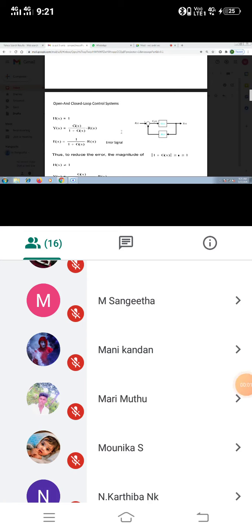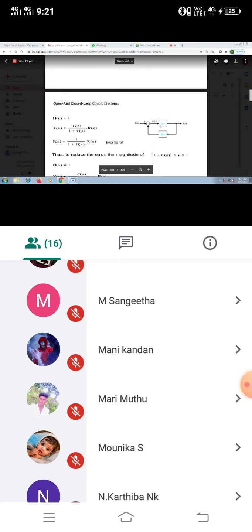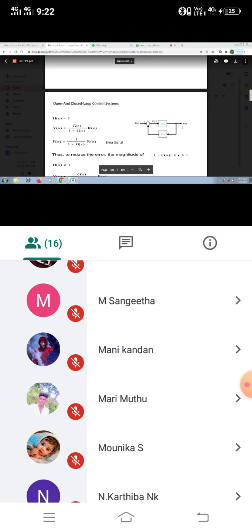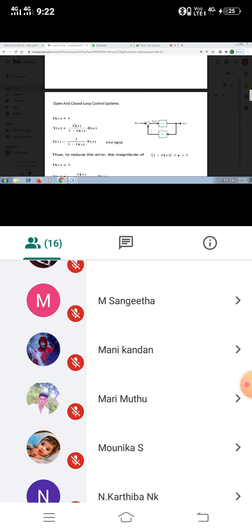Okay, this is a closed loop system. This closed loop system contains the G of S system and H of S feedback. It has only one reference input. R represents the reference, Y represents the controlled output. These are the components present in this closed loop block.